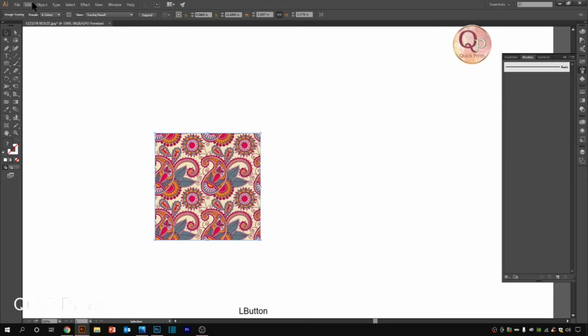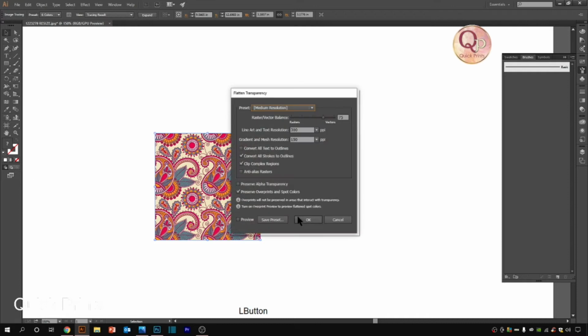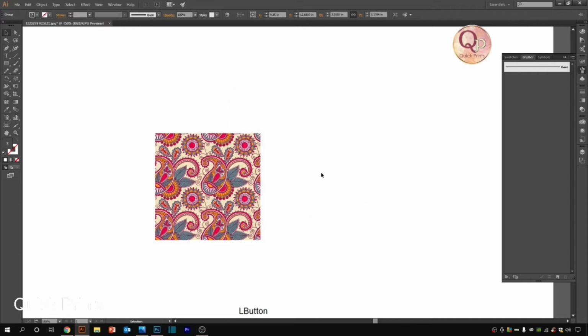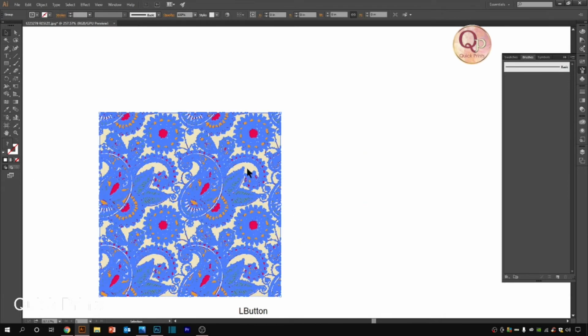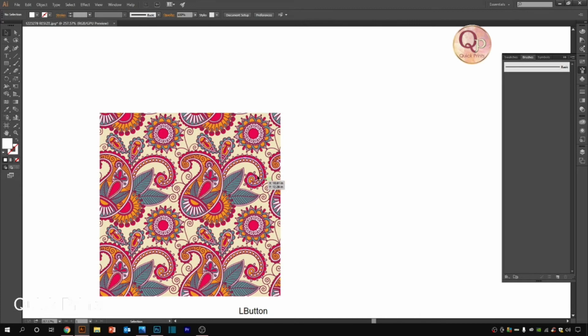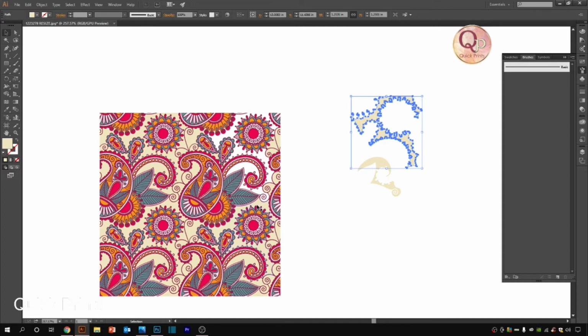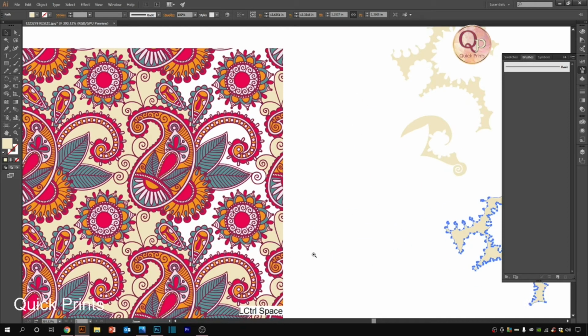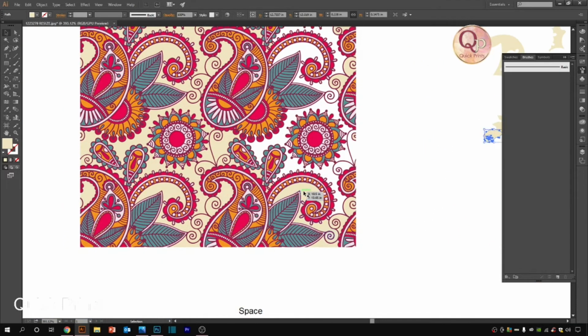If I just apply the Flatten Transparency effect here, you can see that every part is selected. Now I can delete, I can select like this. I can do anything with this image. There are so many options of working open, you don't need to worry. Now you can make the copyright changes if you want to use this image.